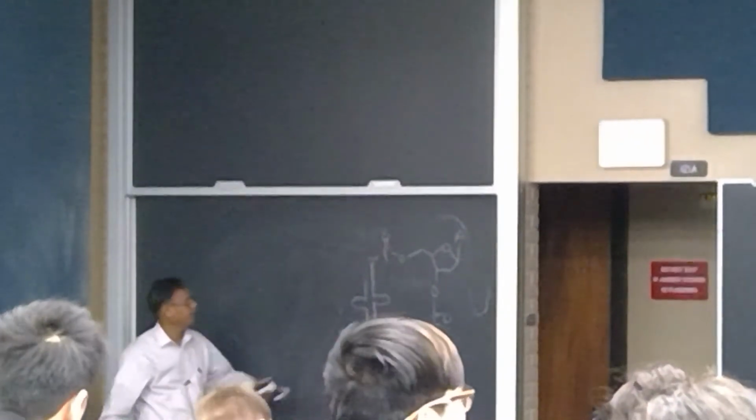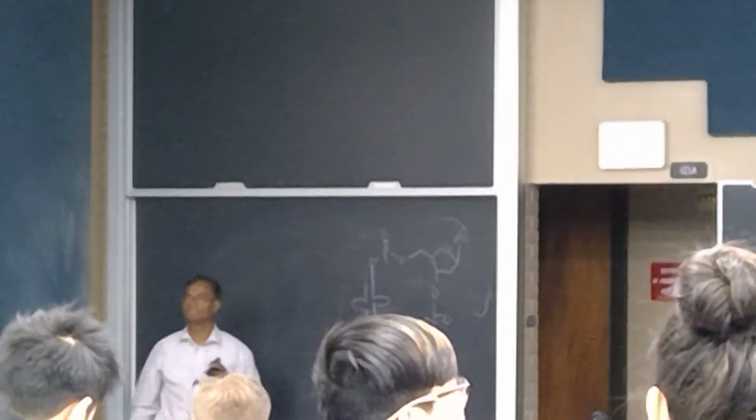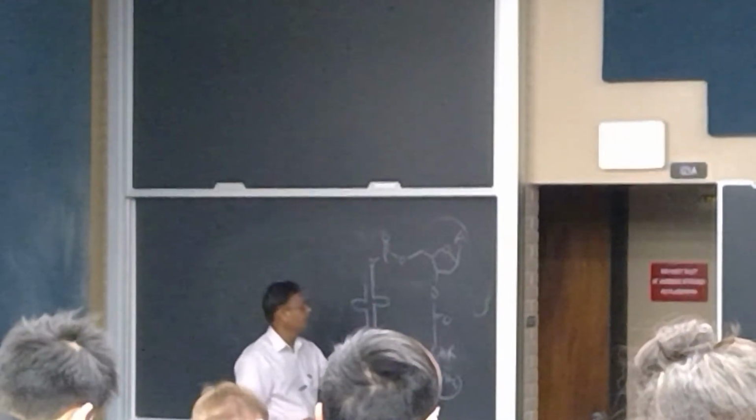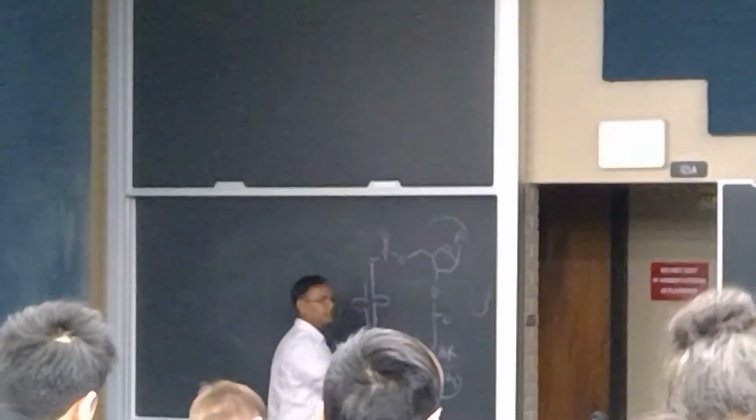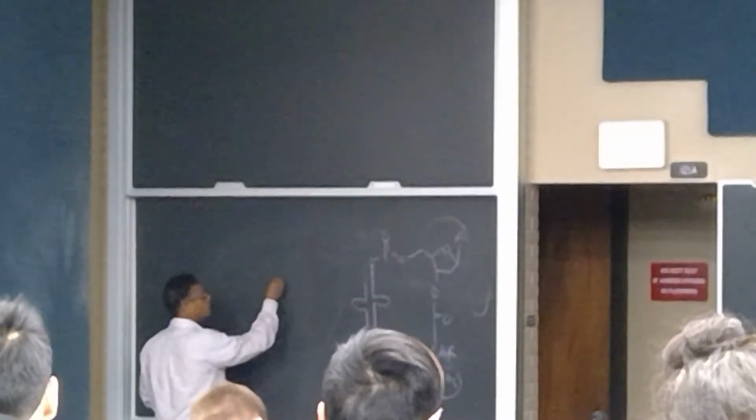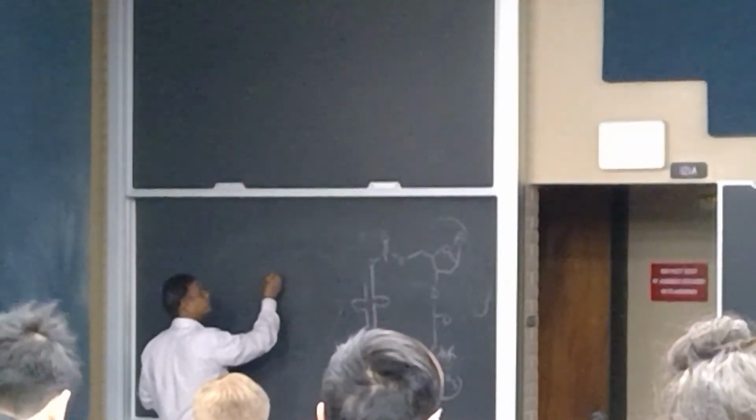So, the amine group of one tRNA will attack this carbonyl group, so that if I draw another,